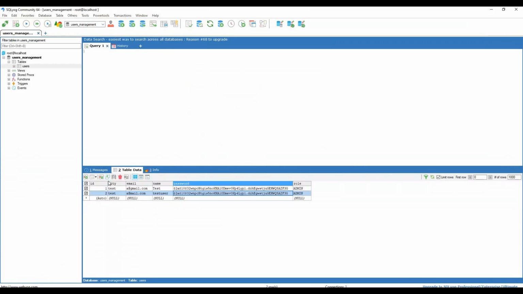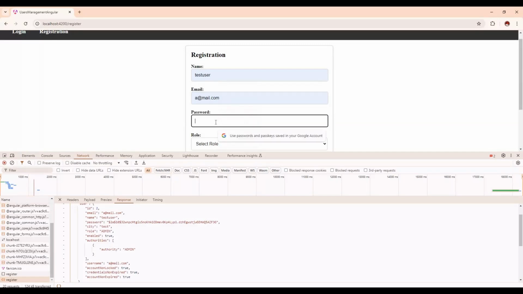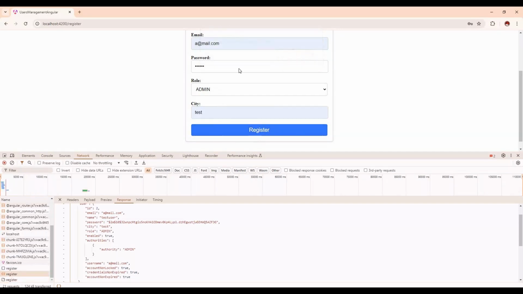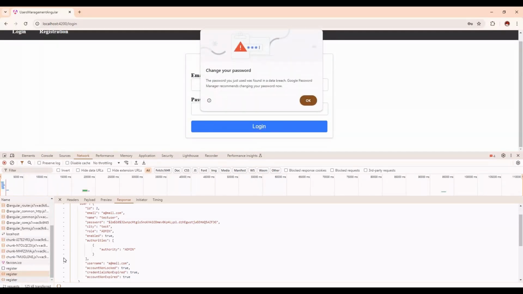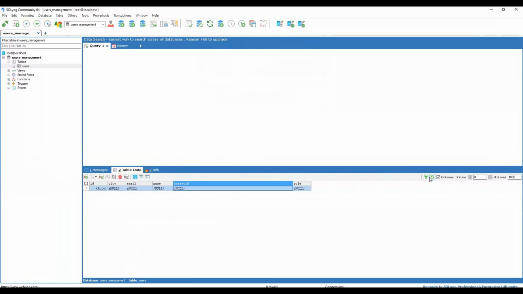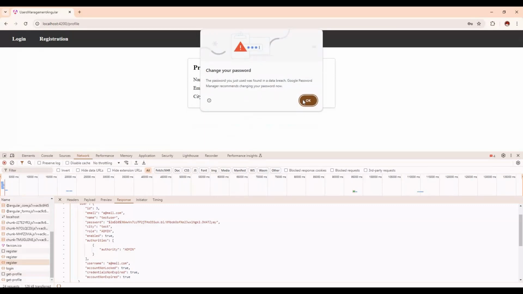So let me clear those things. It should work now. Email, password 123456, then the role, then this one. So now if we see that registration, it got success now, right? So now if we see the database, you can see this is success now. Now if we try to log in with this email and password, okay, so after the login you can see